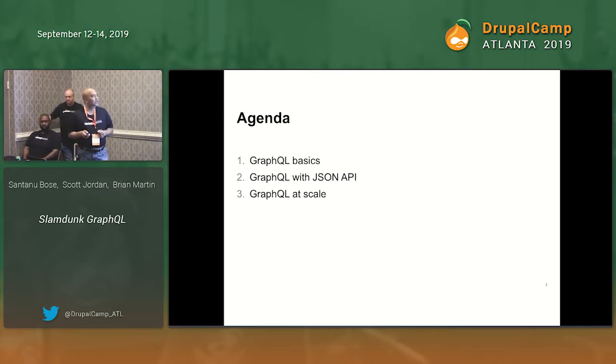Then Scott is going to talk about GraphQL and JSON API, where we found an approach of combining the best of both worlds, JSON API from Drupal and Node.js GraphQL, and how it works together. We'll go over some rationale behind it and how we put it together and what we did that's not out